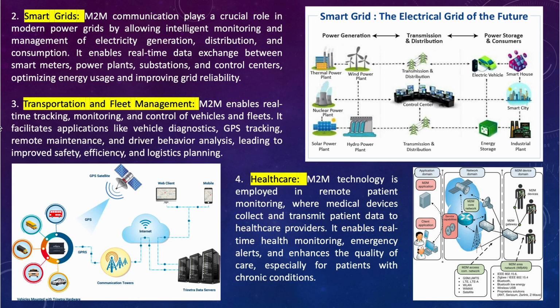So we have to look at M2M and IoT as a mixture. When we are talking about M2M and when we are talking about IoT, we can't differentiate them from each other in today's concept. If somebody asks, I need an M2M solution, you're basically looking at an IoT solution, right? So you cannot separate this. That is why communication between machine to machine by itself becomes a very important point